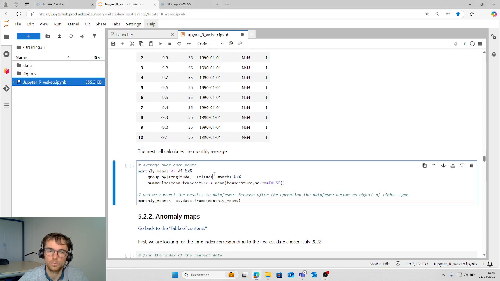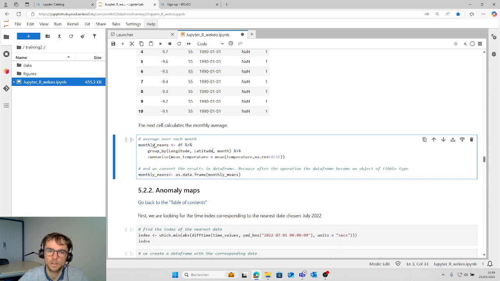So now the next cell calculates the monthly average. So you use the data frame. You group by longitude, latitude, and month. So for the same longitude, latitude, and month, we do a mean of temperature.